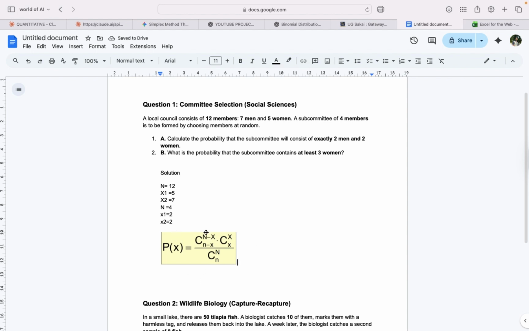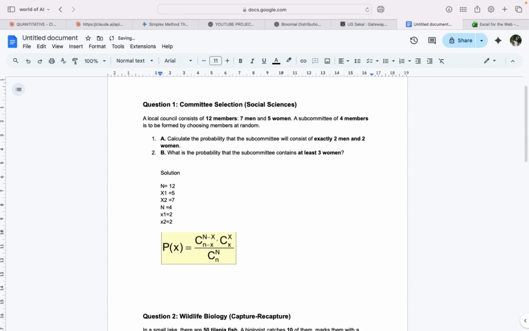So this is the formula, right? We have to find the probability that exactly two are men and two are women. The sample selected was 4. So this is equal to our probability of 2 men, and our x2 is equal to 2 women, right? So this is equal to,